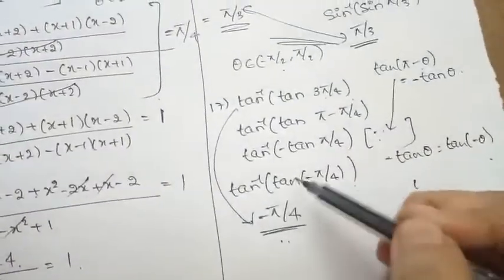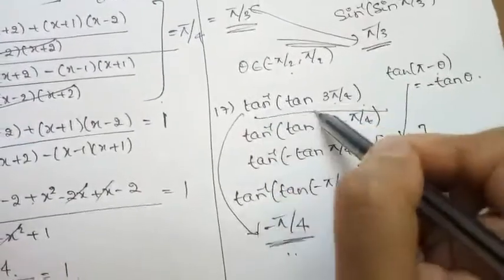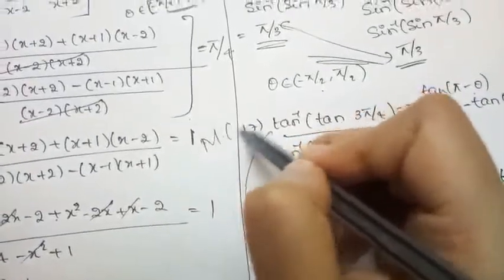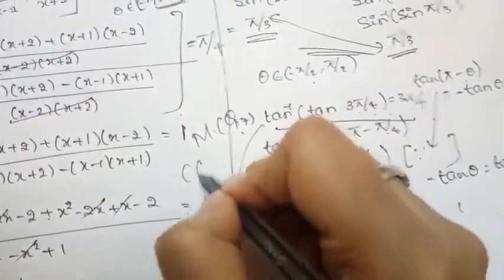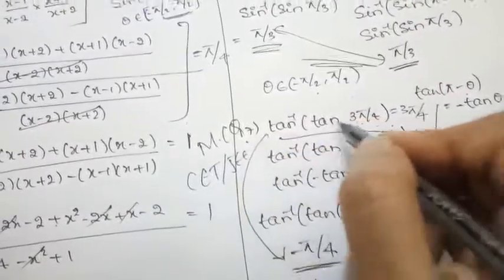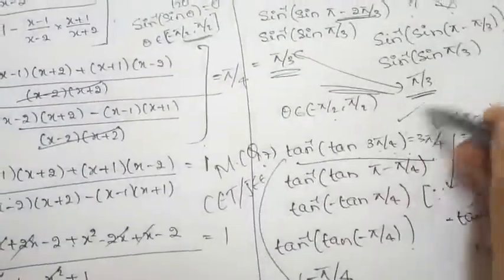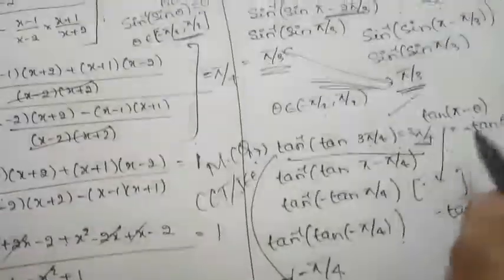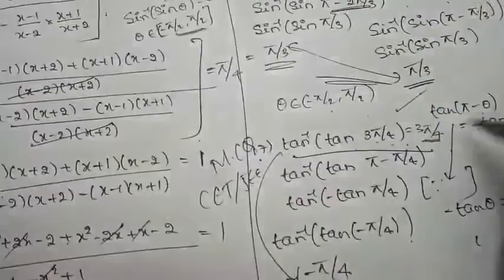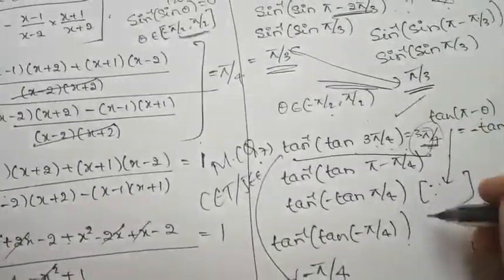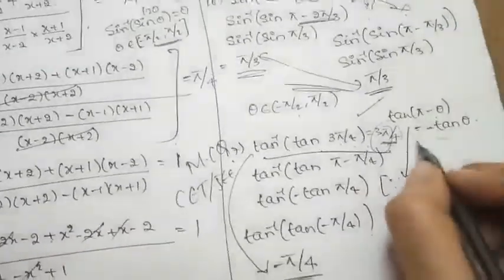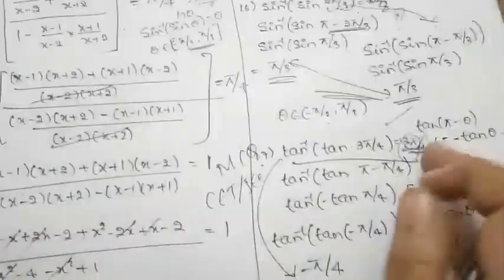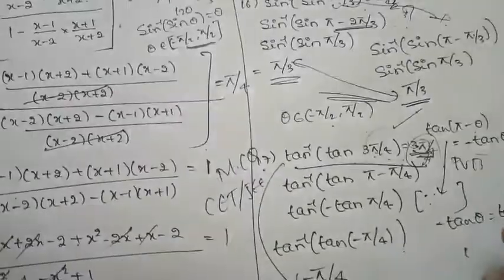So this is how we need to simplify. Don't blindly write tan inverse of tan 3 pi by 4 is equal to 3 pi by 4, because this type of question is very common in multiple choice questions in the CET as well as in the JEE, where you need to think before choosing the option, because among the options you might also have 3 pi by 4. So without thinking twice, don't put right marks on these types of questions. Think about the principal value branch before writing the same angle. That's all I want to suggest, a hint for you people.